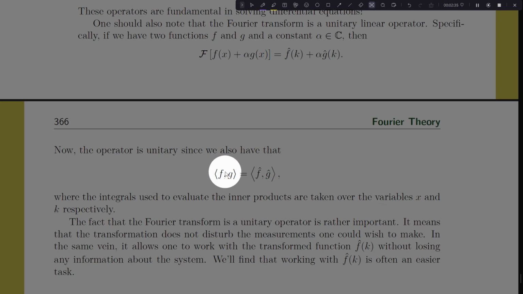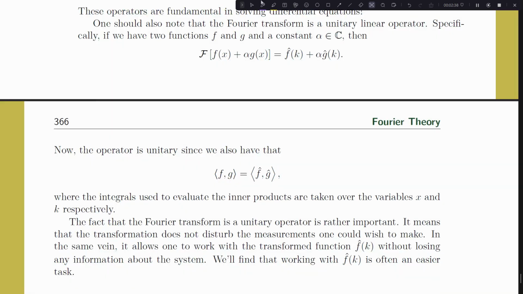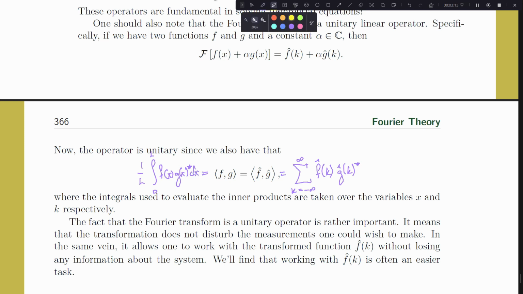It says that the inner product of f and g is equal to the inner product of f hat and g hat. And the inner product of f hat and g hat, since they're really in this setting a true infinite vector, looks like the sum of f hat of k, g hat of k star, k goes from minus infinity to infinity, whereas on the left-hand side, this just looks like 1 divided by L, integral 0 to L, f against g star dx. Right, so the fact that these two quantities are equal is no tiny feat, but it's a very useful feat